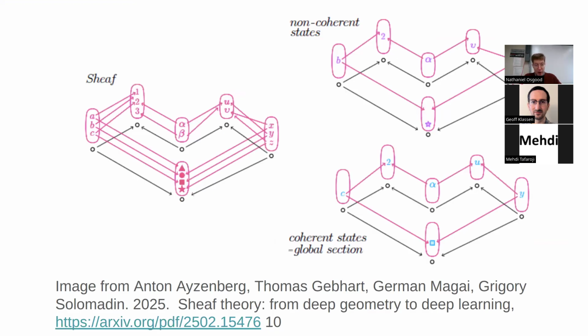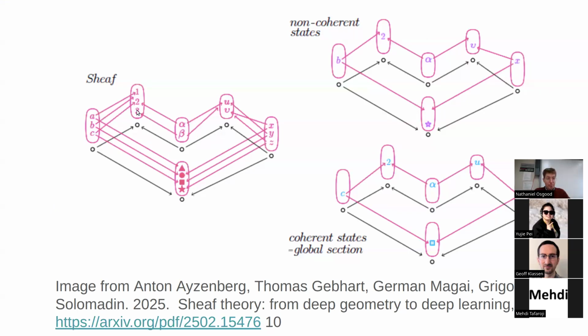I'd introduced this nice little diagram from Tom Gebhardt's paper, together with others from Blue Light AI and elsewhere, I think, showing an example topological space, showing data in stalks over that topological space, possible values that can be taken on by something in this location, but also showing the restriction map, showing the fact that these different areas of the topological space that are connected also have restriction maps that are connected here,